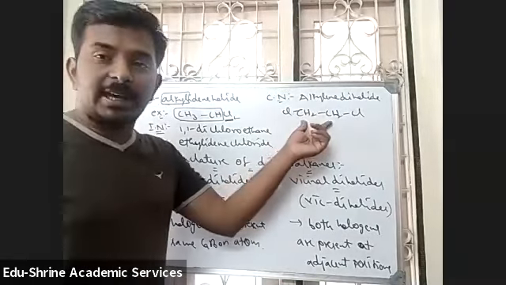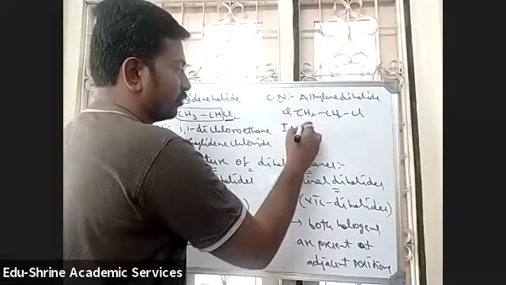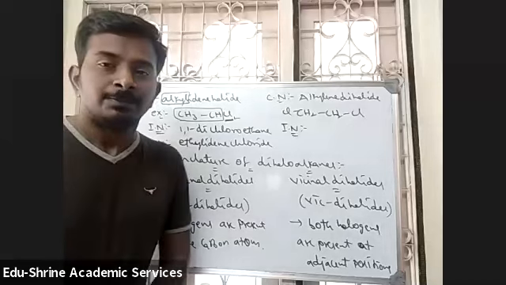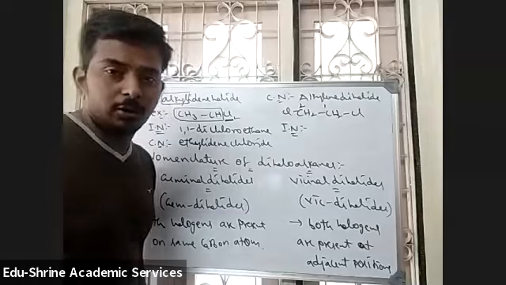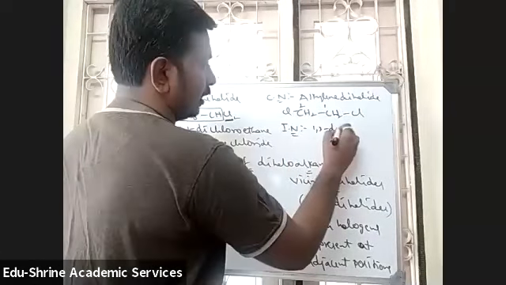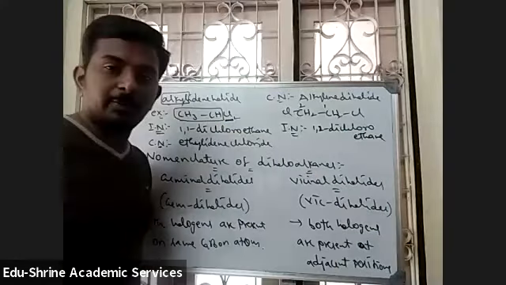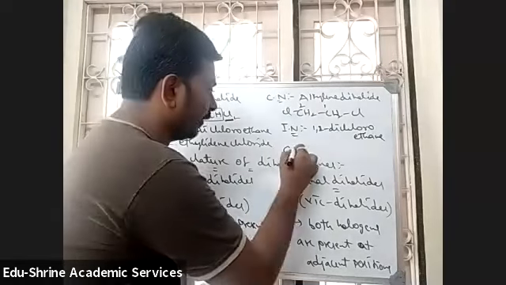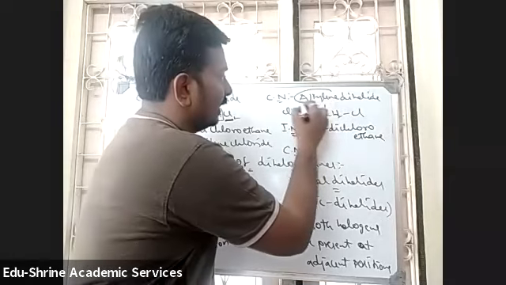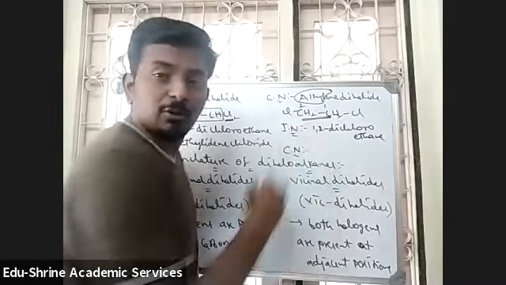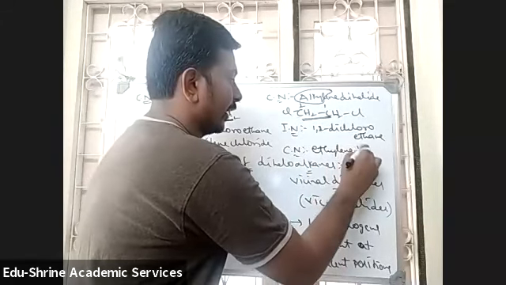Now the next compound is a vicinal dihalide, because both the chlorines are present on adjacent carbon atoms. Now tell me what will be the IUPAC name of this compound? Yes. So 1,2-dichloroethane. The IUPAC name is 1,2-dichloroethane. Tell me what will be the common name? Yes. So here it is alkylene, again the alkyl group is ethyl. So it is ethylene dichloride.